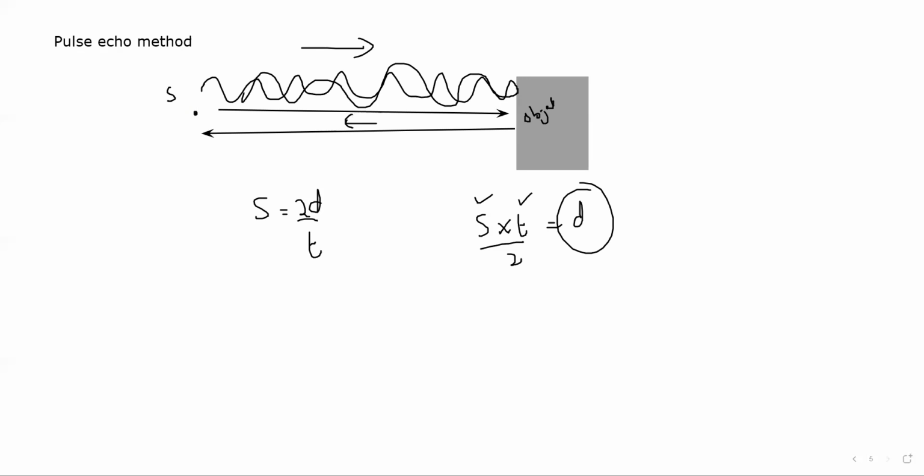That's why we use a small signal or a pulse, meaning one wavelength or less than one wavelength. One pulse we send, and once it strikes we receive it, and then we send another pulse or another signal. The reason for using a pulse is that it will not produce a standing wave, and one pulse can be sent and received at the same time.